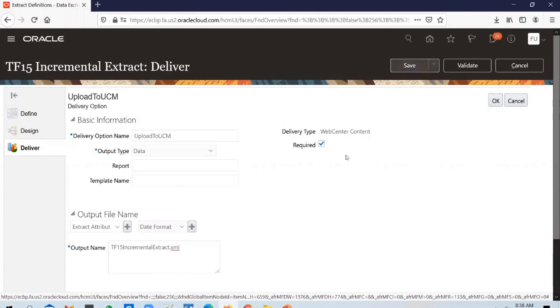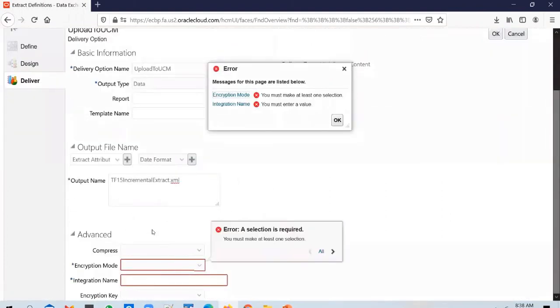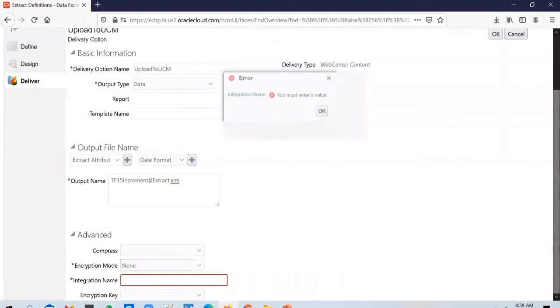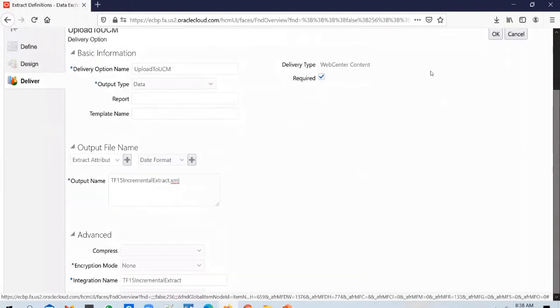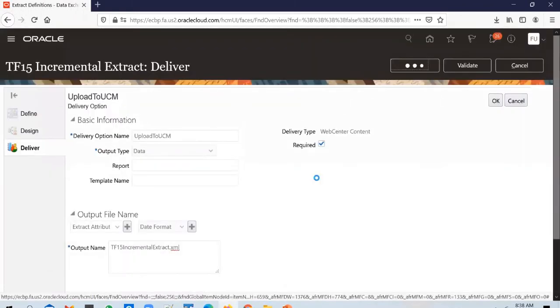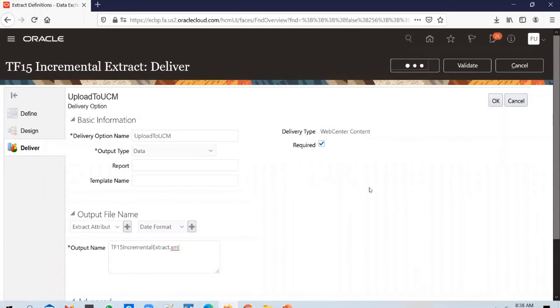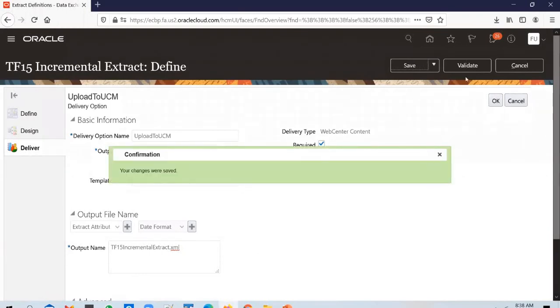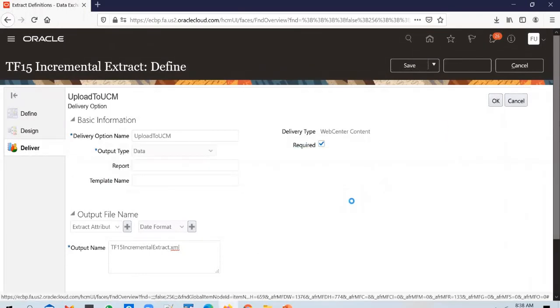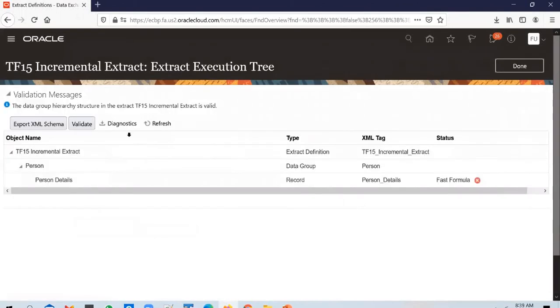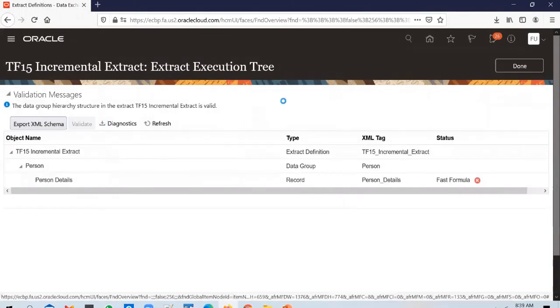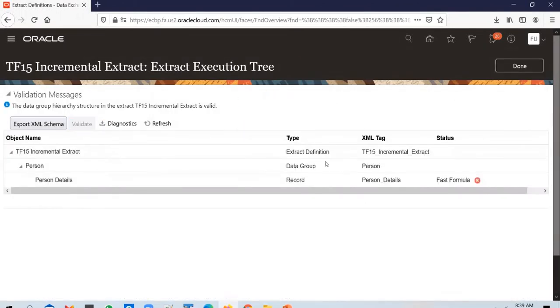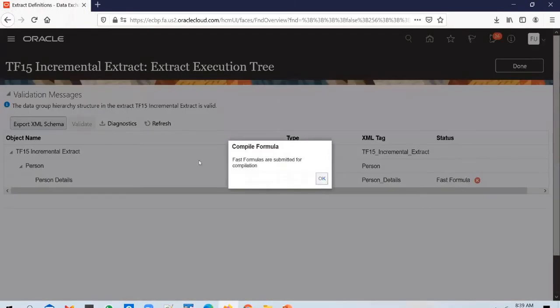Incremental extract, you save it, and yeah, the encryption mode is none, and you can select the same type. Okay, give an integration name and then save the extract. Validate the extract, and we need to run it 3 times.